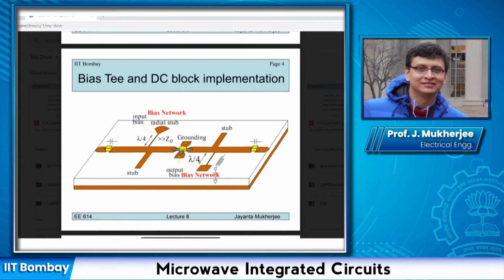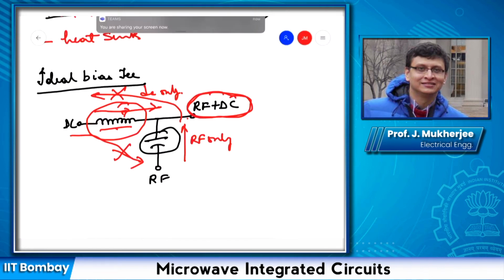This bias network design is not just limited to passive circuits. We can also have an active version of the same bias circuit. For example, an active version of the same bias T, or biasing network, could be